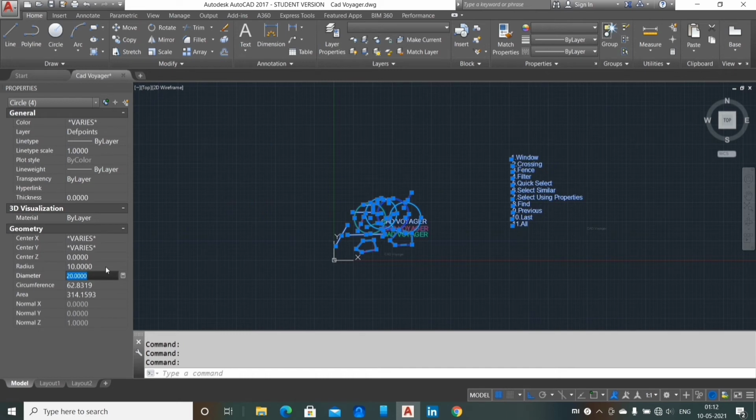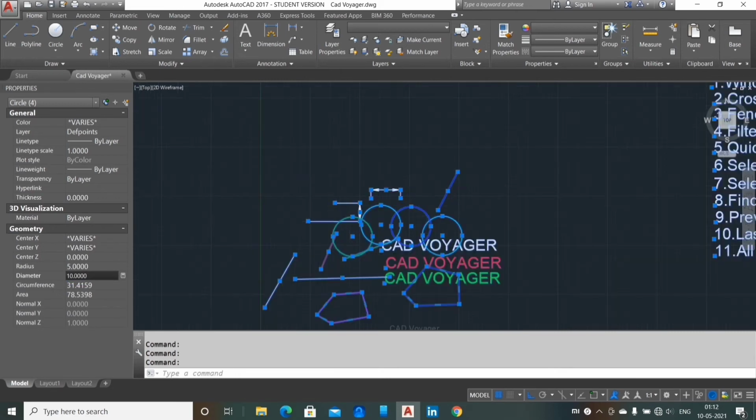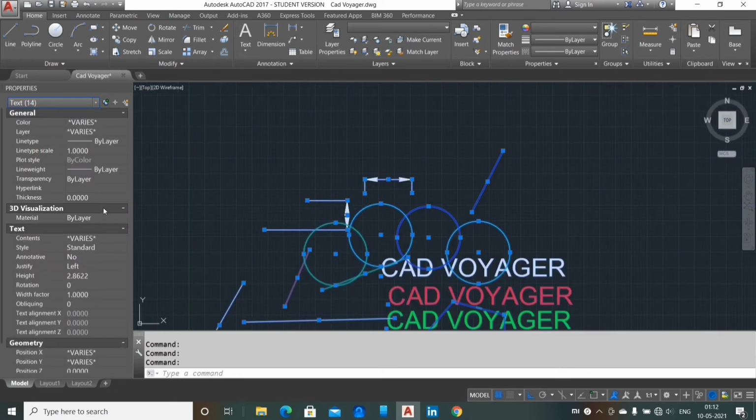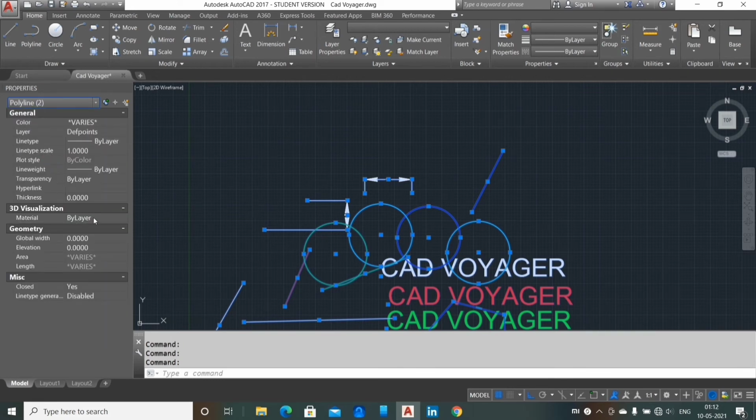If you want any size to be changed, you can enter the radius and you can work with the entire circle. This will be used in the future. You can use this in whatever place. So the advantage of using select properties is that you can select the entire diagram and work on whichever object you have to modify. That's the main advantage. Next we are going to see about the find selection command.